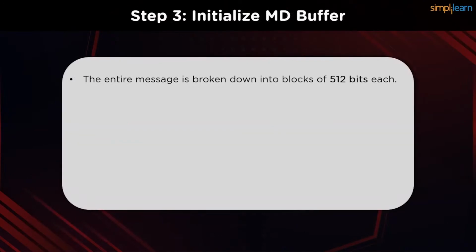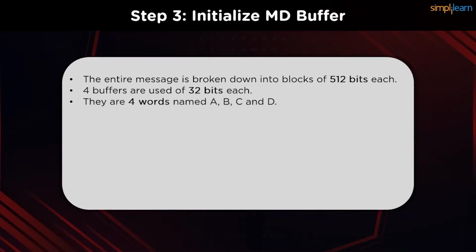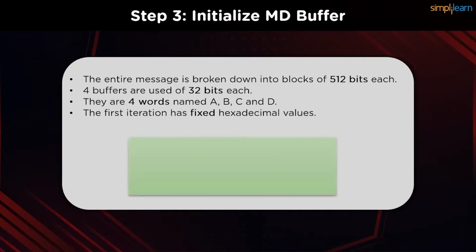The next step would be to initialize the message digest buffer. The entire hashing plain text is now broken down into 512-bit blocks. There are 4 buffers or registers that are 32 bits each, named A, B, C, and D. These are the 4 words that are going to store the values of each of these subblocks. For the first iteration, these registers will have fixed hexadecimal values, as shown on the screen below. Once these values are initialized,